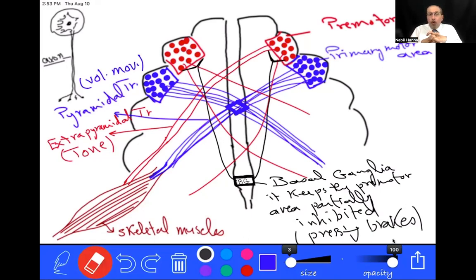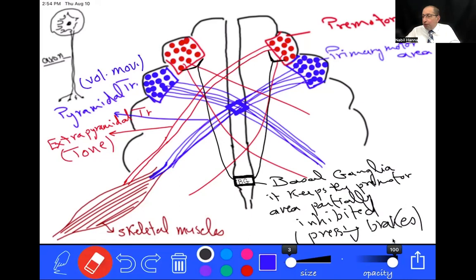So normally, our premotor area is not released from inhibition. Normally, the basal ganglia is pressing the brakes gently so as to keep the premotor area reasonably inhibited. So it's not completely inhibited, otherwise you wouldn't have tone in your resting muscles, and at the same time it's not allowed to do what it wants to do at full power, otherwise you would have developed severe muscle rigidity and involuntary movements. But the basal ganglia